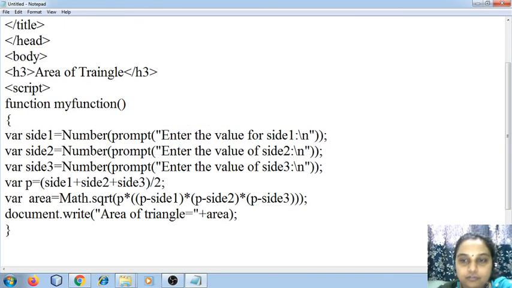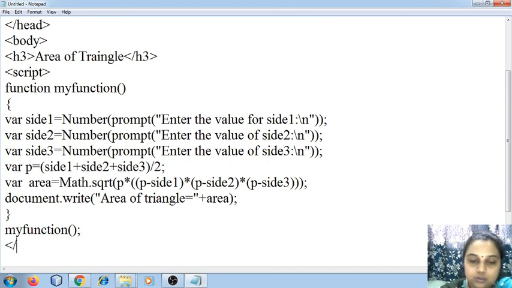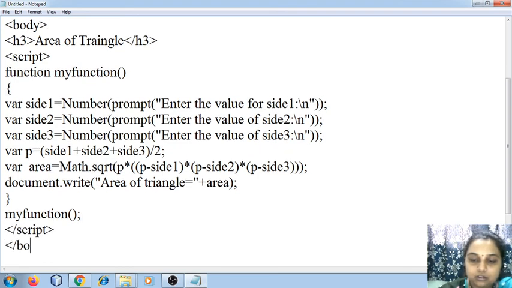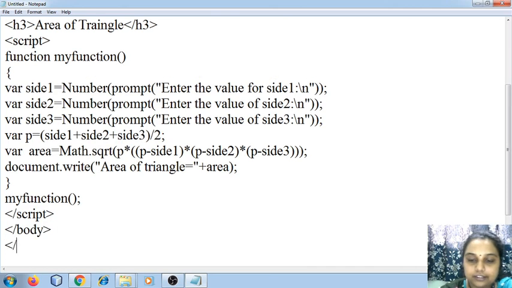Hence my function is complete. Now I'm going to give a call to the function. Then the script tag, the body tag, then the HTML.